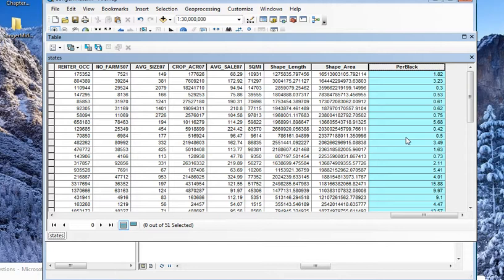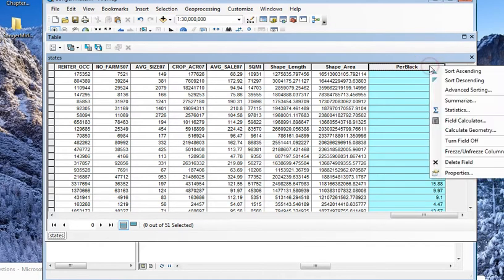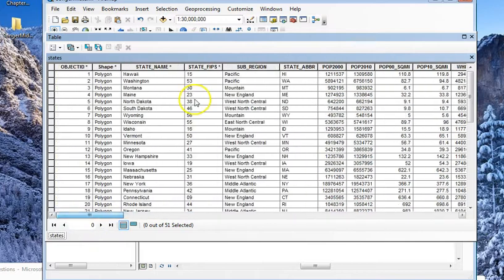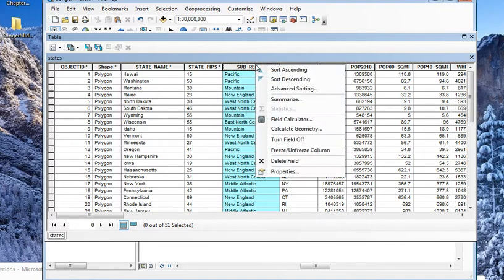So I've done all of that, and then how am I going to figure out which state has the highest percent? I'm just going to sort it, right? And it's going to pop it up there. Okay, and then now I need to know. The next thing is she wants to know the subregion, right? So I'm going to have to summarize this, do the summary on the subregion, right? So if I go to summary,